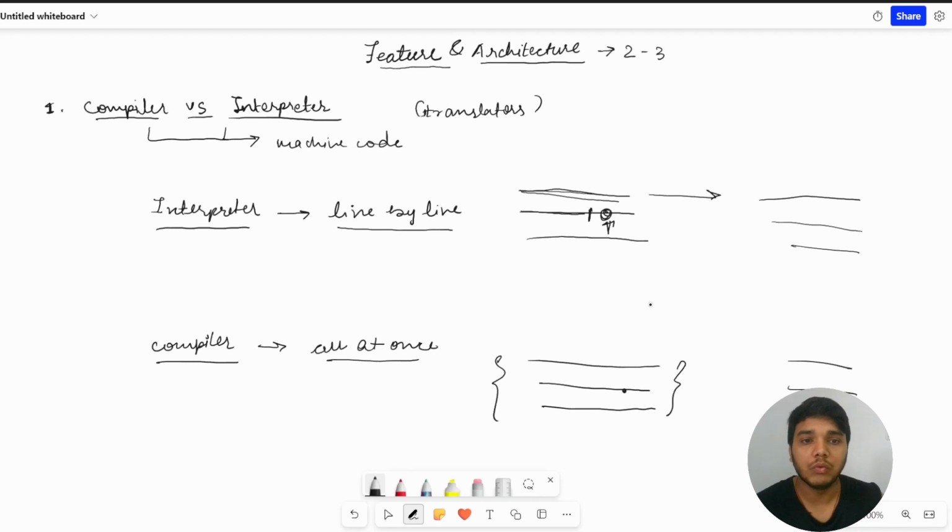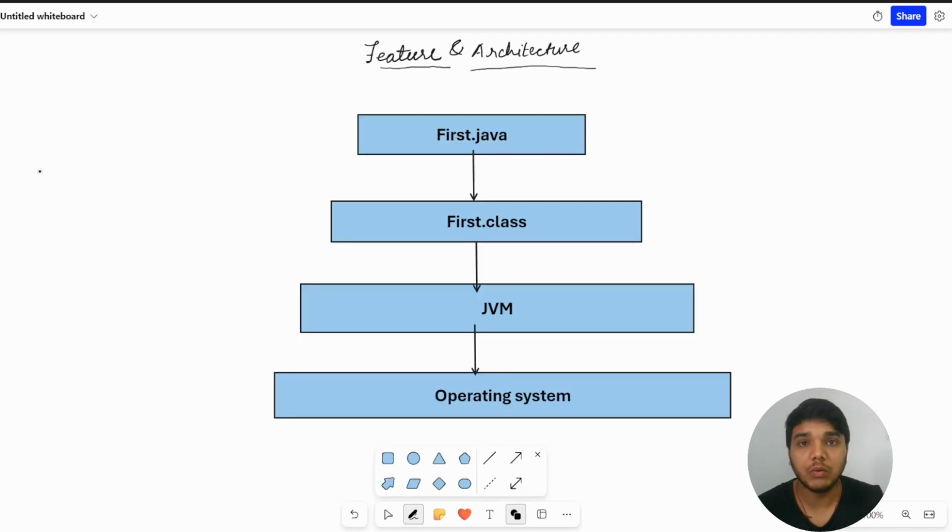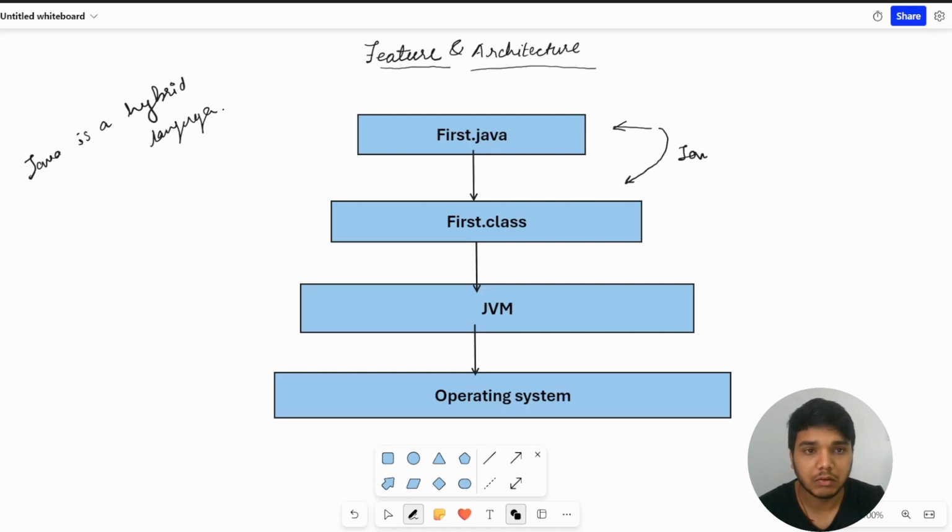Now I will show you how Java works. Firstly, we have to know that Java is a hybrid language. It has both an interpreter and a compiler. First, if we have a file named first.java, it gets compiled by javac, which is the compiler of Java, and converted into the bytecode first.class. This first.class will go to the JVM,